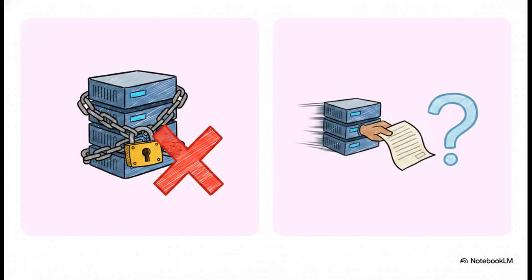So the crucial takeaway here is that when a partition inevitably happens, you only get to pick one of 2 options. You either refuse to respond to ensure correctness, which gives you a CP system, or you return a potentially stale response. Returning data that might be a few seconds out of date just to keep the lights on. That gives you an AP system. That right there is the actual CAP trade-off.